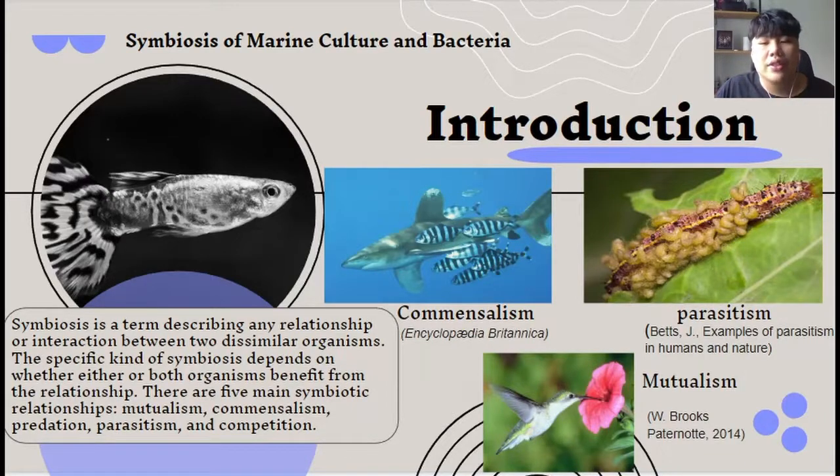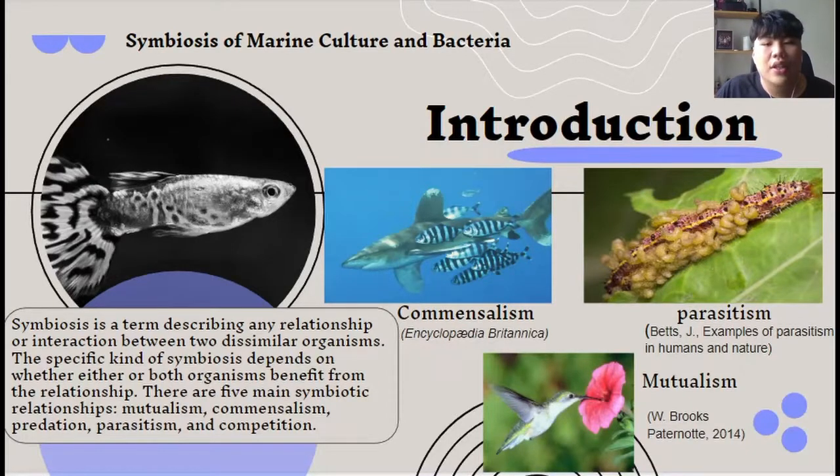The second one is commensalism. It is a type of relationship between two living organisms in which one organism benefits from the other without harming it. A commensal species benefits from another species by obtaining locomotion, shelter, food, or support from the host species, which neither benefits nor is harmed. Commensalism ranges from brief interaction between species to lifelong symbiosis.